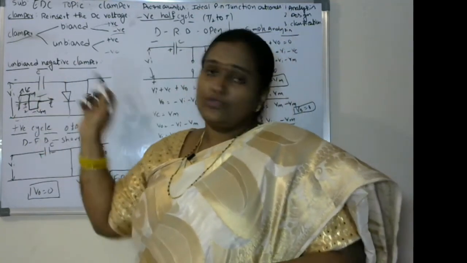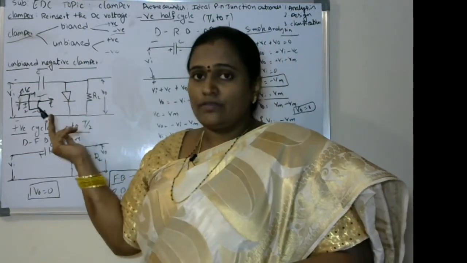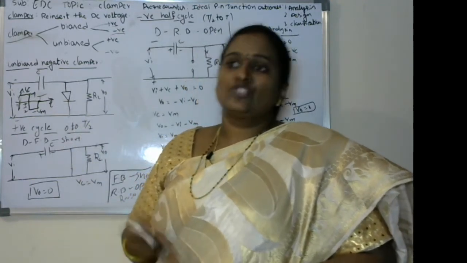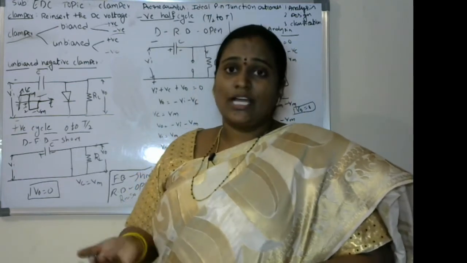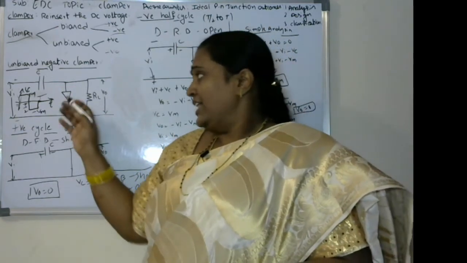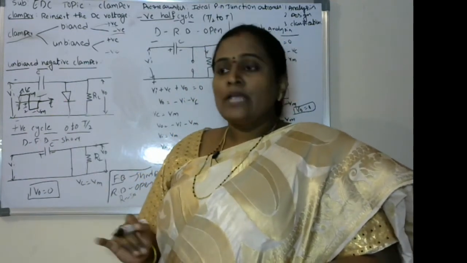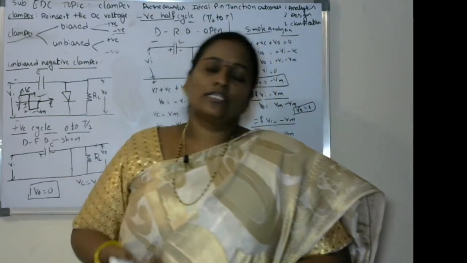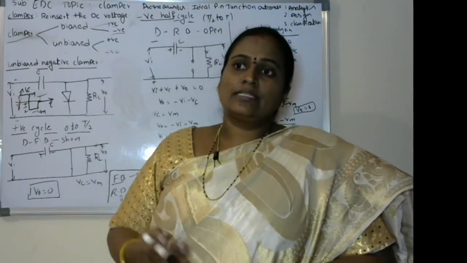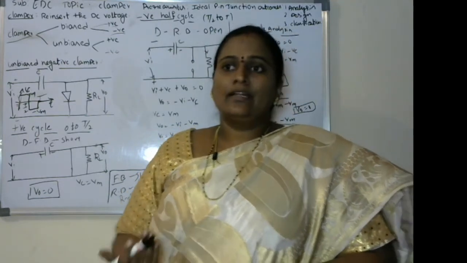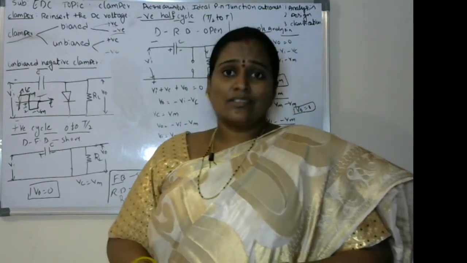For the capacitor used in the clamper circuit, we already discussed its properties: it does not allow sudden changes of voltage. Depending upon the input voltage, the capacitor goes for charging or discharging. For the diode, we are considering the ideal condition. Sometimes in problems, to consider the practical scenario, they will specify that it is not an ideal diode but a practical diode, and at that time they will mention the forward resistance and the reverse resistance of the diode.